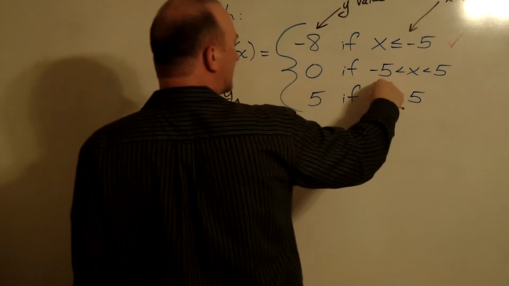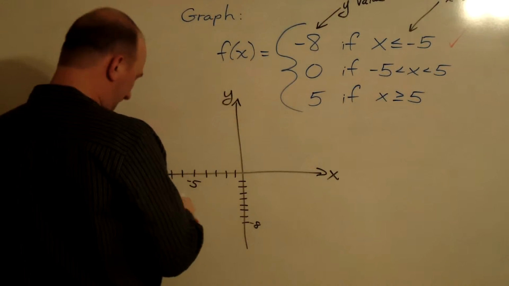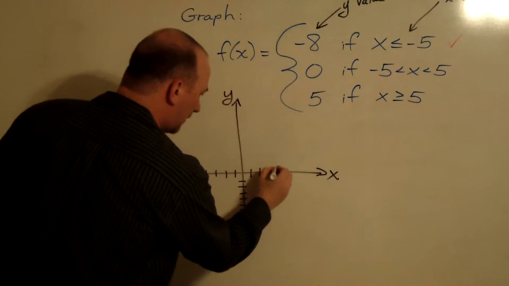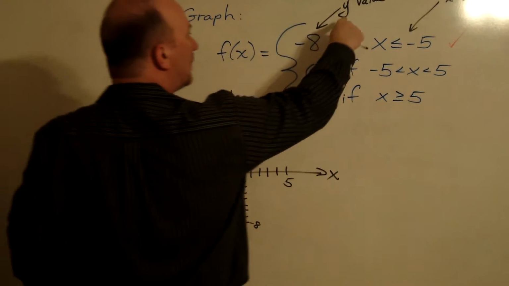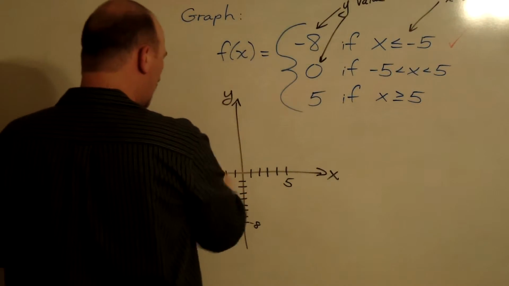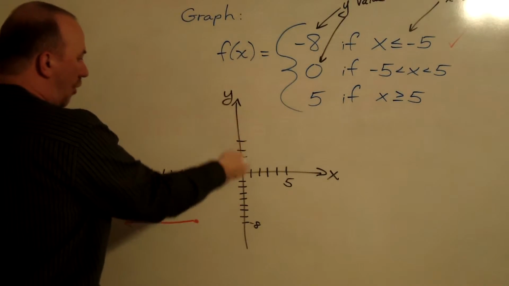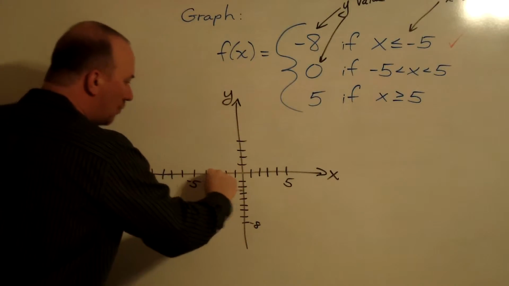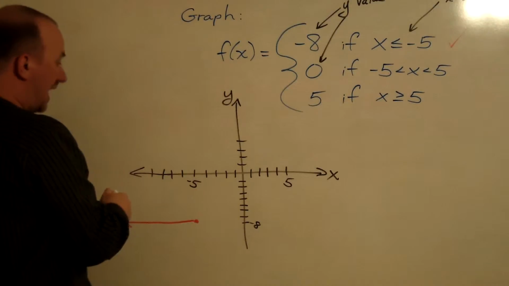The second piece says if x is between these two numbers, from -5 to +5. So 1, 2, 3, 4, 5. In this region, the y value, remember this piece is the y value. The y value will be 0. So it won't have any height off of the x-axis. It won't go above it or below it. Y will be 0. 0 height is going to be right on this axis from -5,